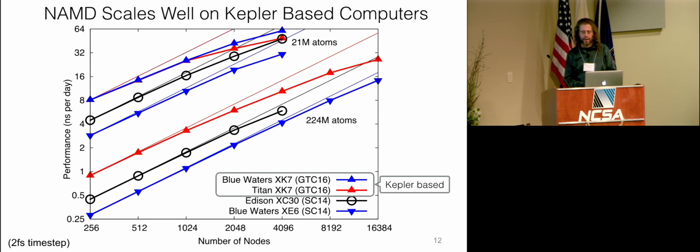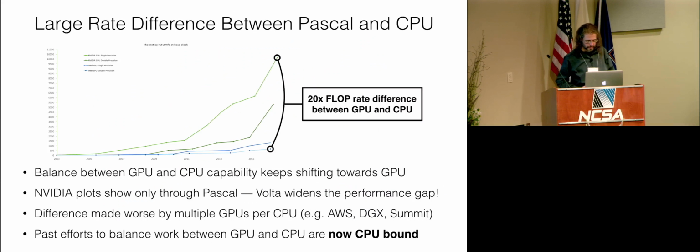And so this allowed us to really take advantage of the Kepler-based computers and get good scaling on these. So Jim showed similar scaling plots where the Kepler-based systems are performing quite nicely, the Blue Waters and Titan. So the challenge has come with the